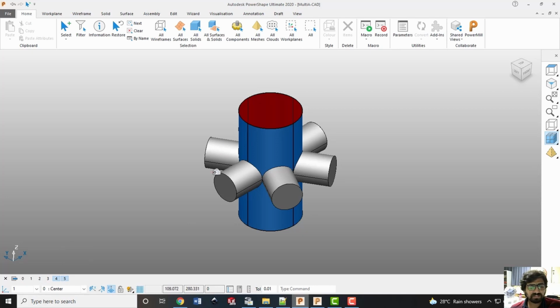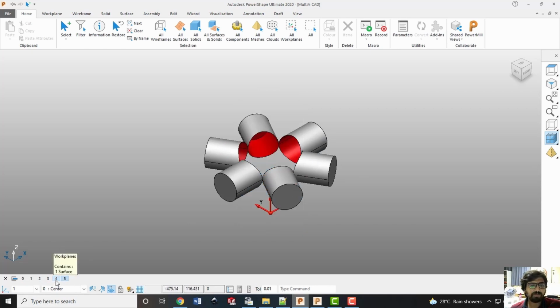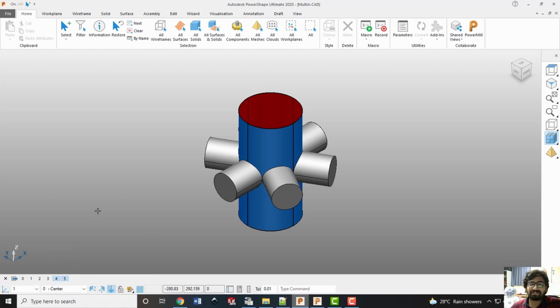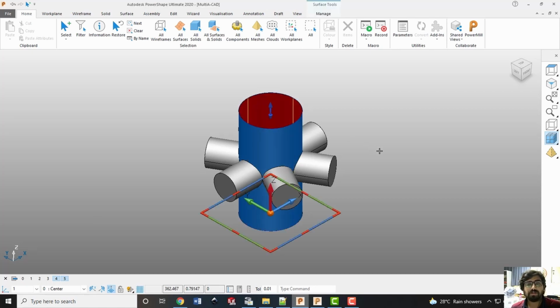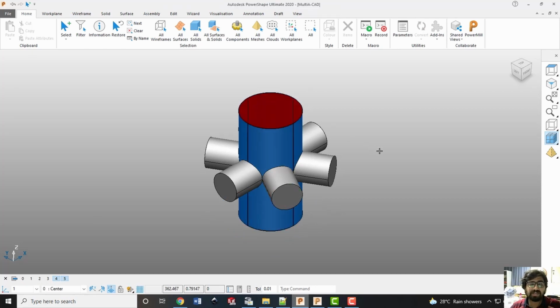So this set of the surfaces will be the feature, and this center part will be the slice. So it can be noted that in this particular case now, the horizontal plane is not going to be the slicing plane. It is going to be a circular shape or the cylindrical shape surface as the slicing plane.